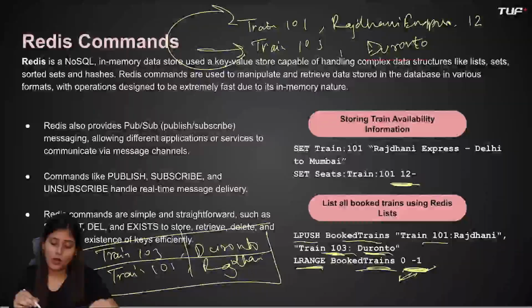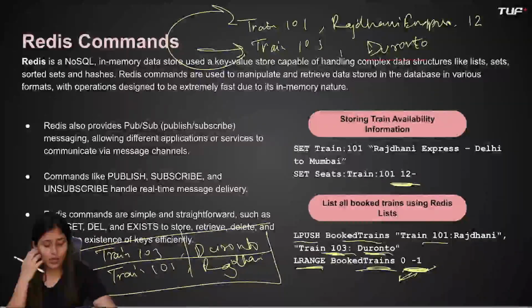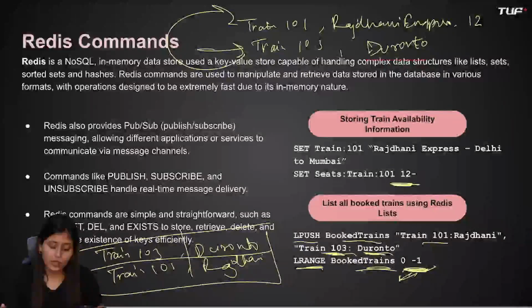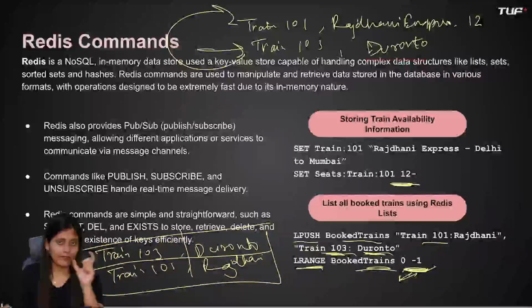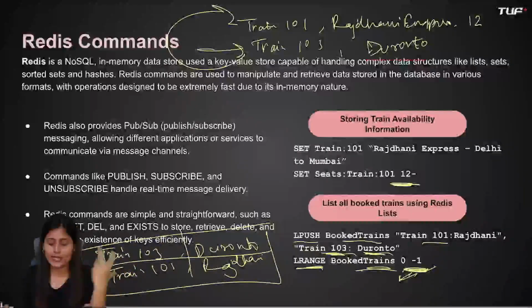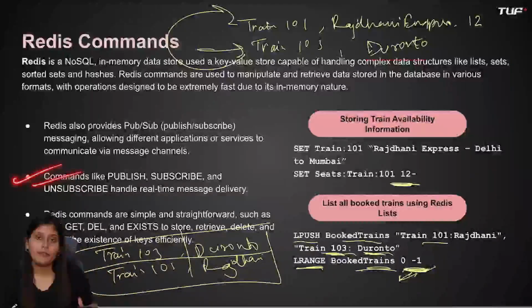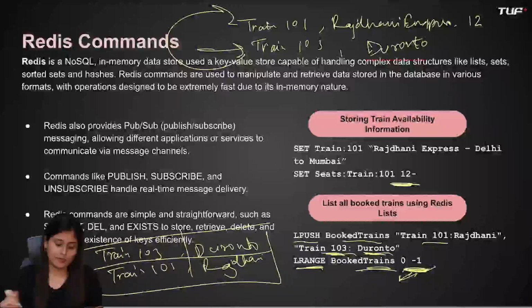Okay, so this was about the Redis query language, Redis commands, which basically are used to retrieve the data which are saved as key and value pair, where value can be more complex data structures like sets, sorted sets and all. And also it allows a pub sub model, which is how a real chatbot system actually works. Okay, this was all about Redis command.